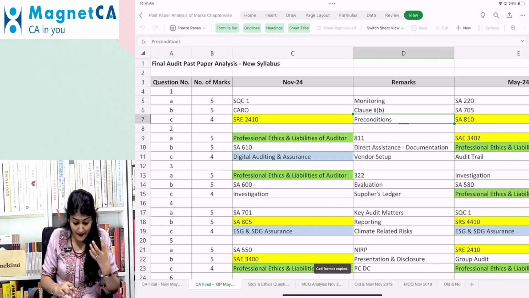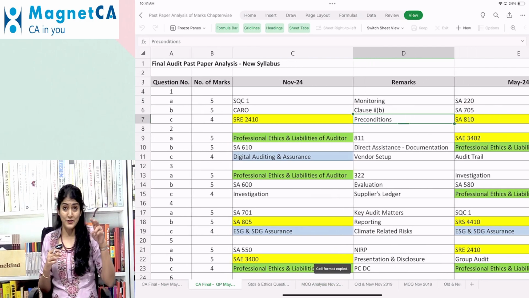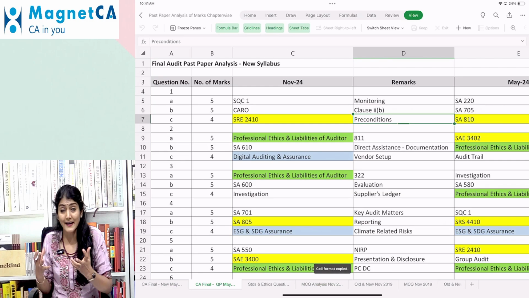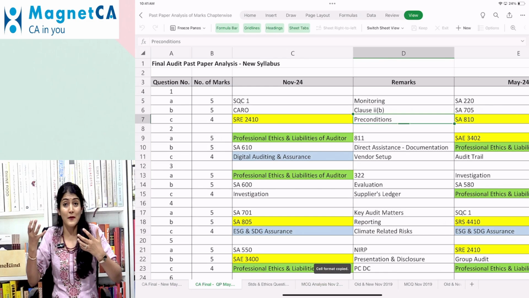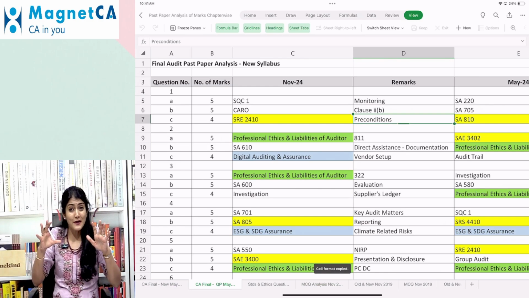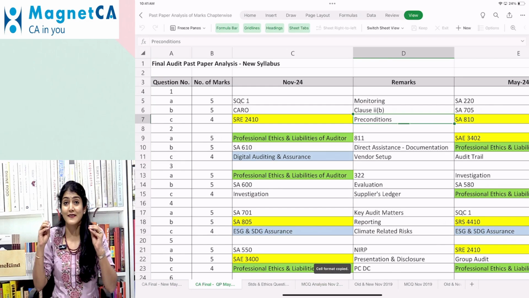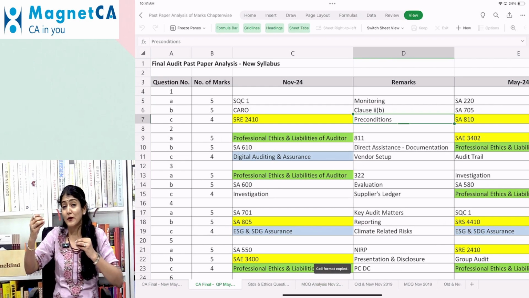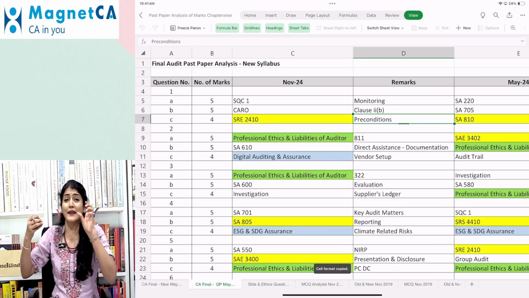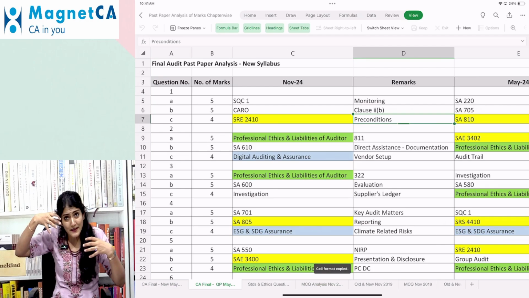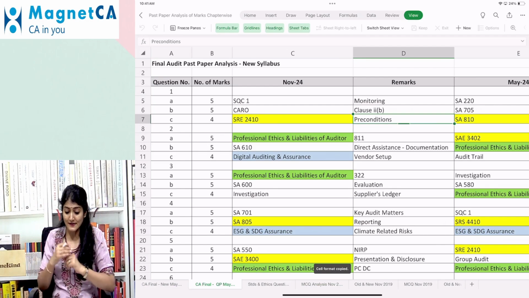Okay. Right, then question number 2A, professional ethics 811. The government audit, yes, do you need to send a request for NOC? Generally, we say that you need to wait for a reasonable time. But in case of government audit, you can give a conditional acceptance. This is one of the rules for NOC that we study. So you can give a conditional acceptance and you can start with the more important work immediately.